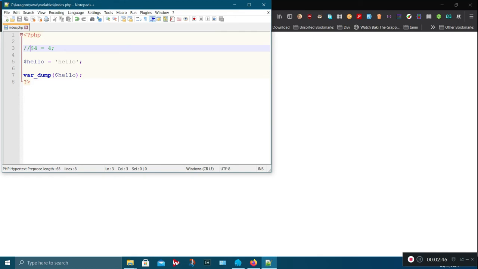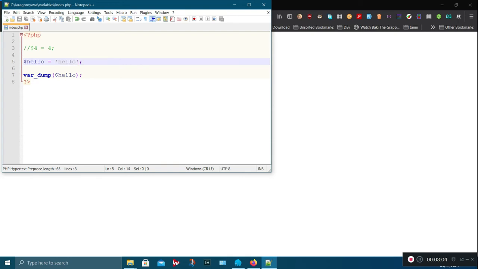You have to comment out this because it's an error, and because the PHP compiler found that error, it did not want to continue. Now, as you can see, we created a variable called hello and associated it to a data type of string.